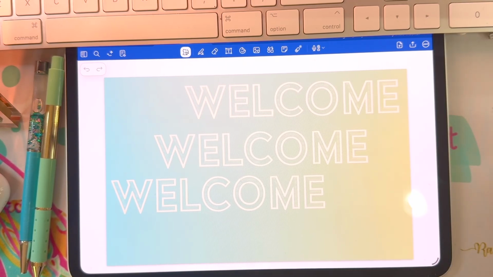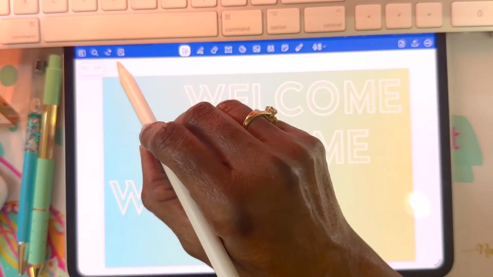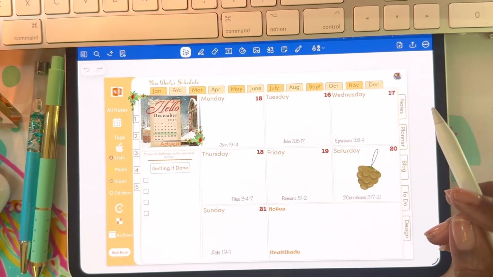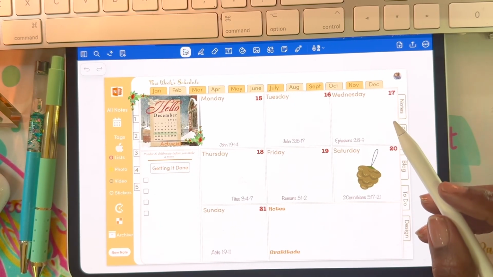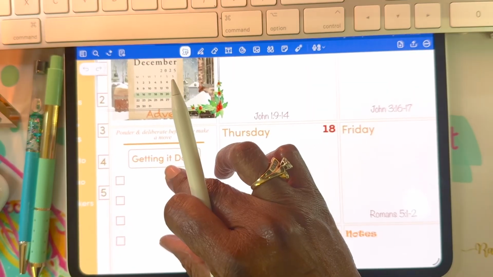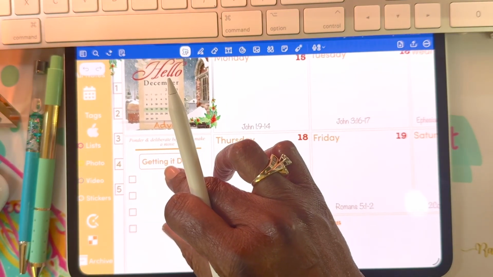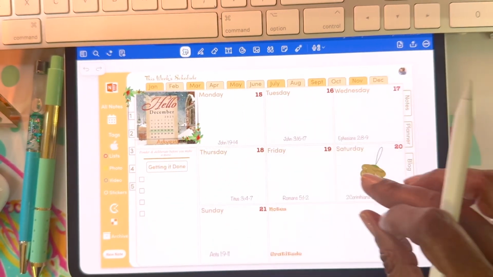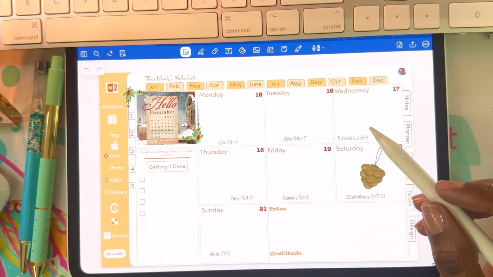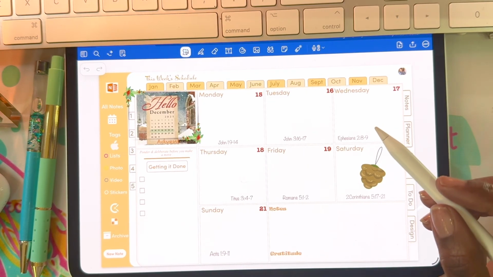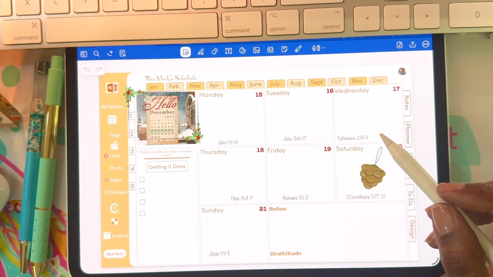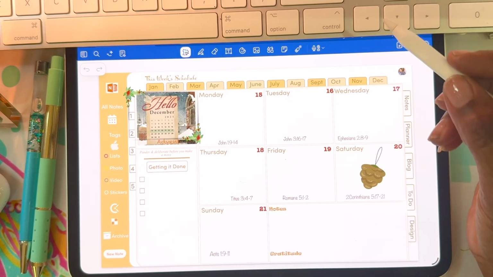Well, it's getting close to the end of the year, and I just wanted to do a few things in my December planner. So I'm doing a weekly spread, and I've got my Sterling ink December calendar, and I've got the week highlighted. We are in the middle of Advent. This is the third week of Advent, and so I have some of my favorite scriptures for each day of the week. So I'm just going to finish planning out this week's